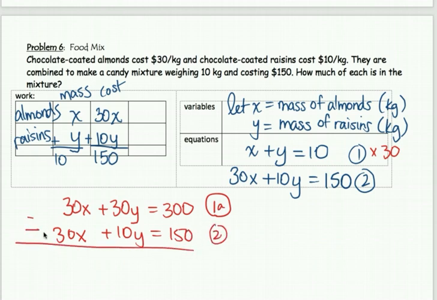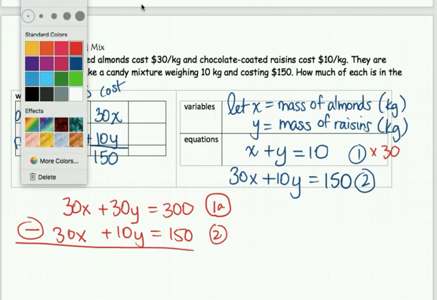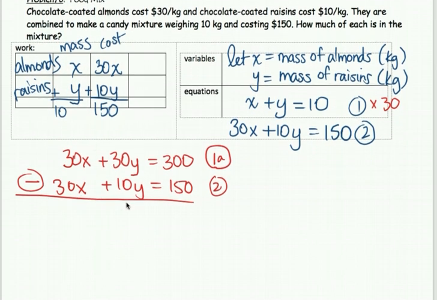All right, and then I'm going to subtract. So again, if they had opposite signs, you would add, okay? So just don't get too comfortable and assume it's always going to be subtract. Okay, subtract. So these are gone. Then the y's can be subtracted and leave a 20y behind. And then 300 subtract 150, then you get